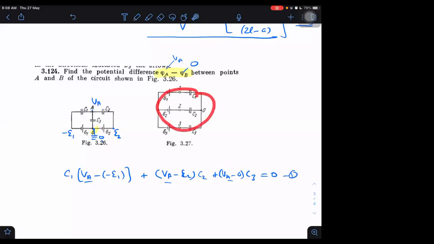What would they have asked in this question? Can you guess it? They may have asked here, what is the potential of 1, 2, and 3? Why? They are giving here a reference already, 0. When they give a reference, then they can ask the potentials. What is the potential of 1? What is the potential of 2? What is the potential of 3?